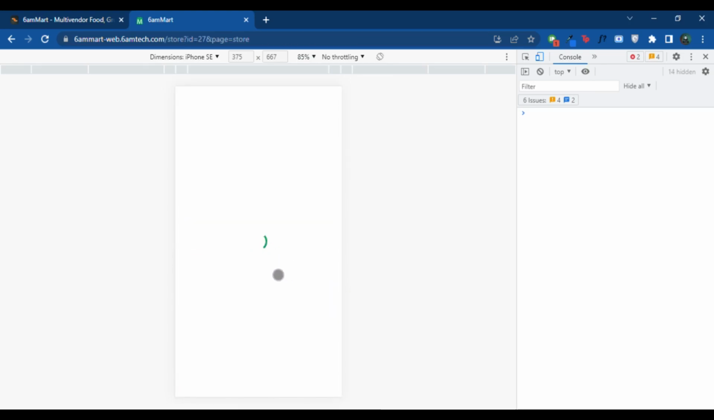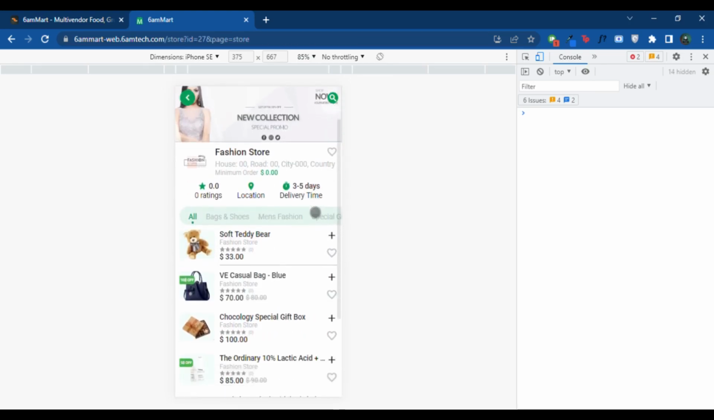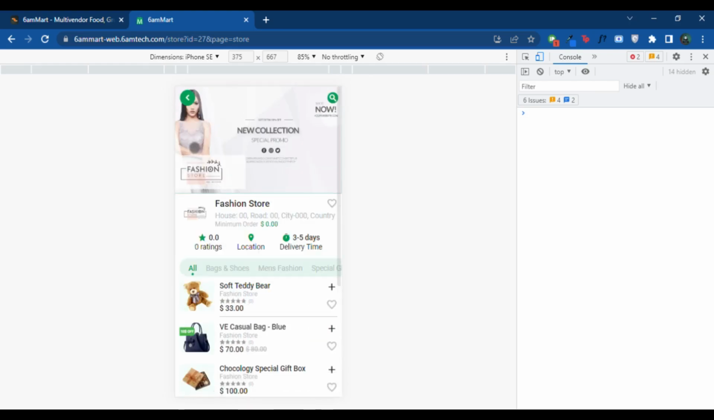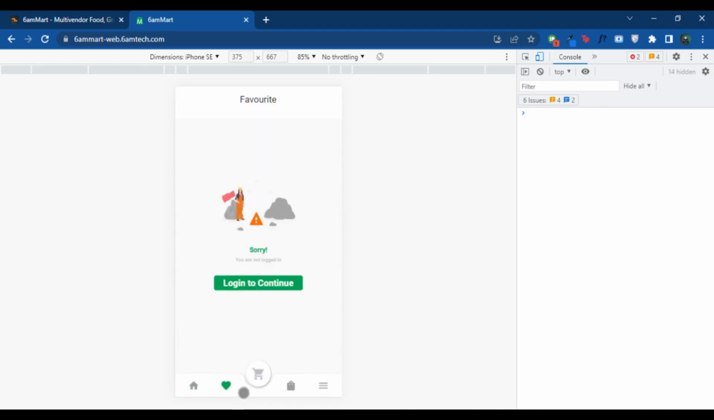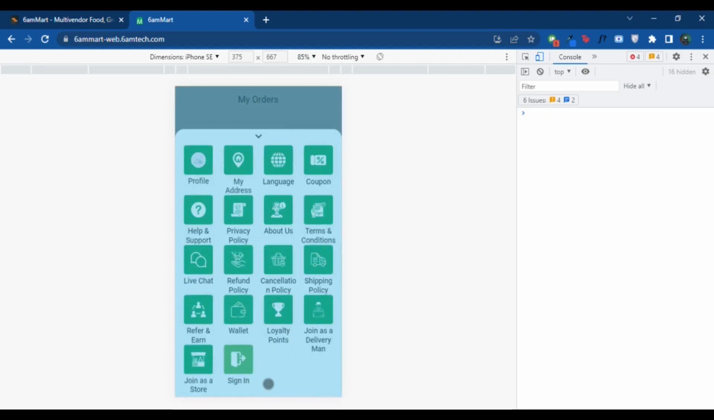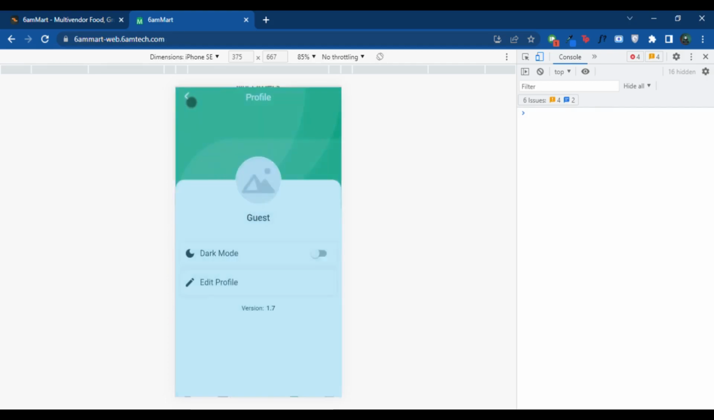Also the fashion store, it's a kind of dummy store. Okay, now this is the favorite button, so you have to log in and continue. There's the orders section, and these are the menus. Okay, so you can go to the profile